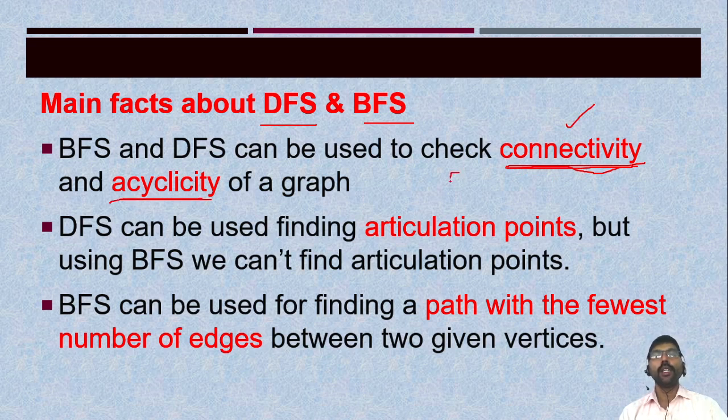Acyclicity. Acyclicity means sometimes in some algorithms we need to check whether there is a cycle between vertices. For example, if this is the node, I have to check whether there is a cycle here. Starting from here, go to the next nodes and reach back here. I want to check for the cycle. That is called acyclicity. If there is a cycle or maybe not a cycle, that I need. That can be done by these algorithms.